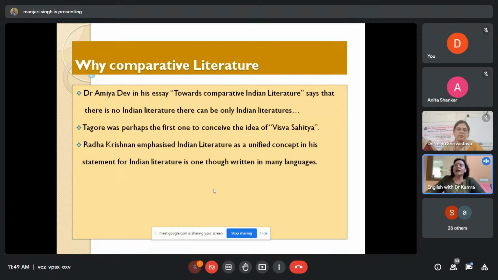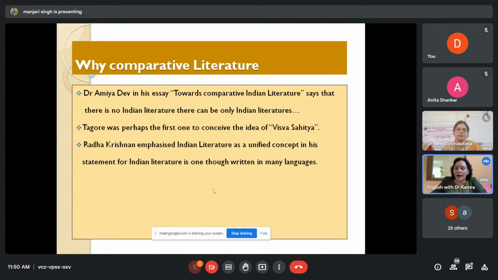So here you'll find that the need for comparative literature is great, because you need to know your neighbors in order to have a happy living. And happy living is only possible when you can understand, when you can put yourself in the shoes of what they are wearing. Only then would you realize what they expect of you. Because commonly, when there's a different relationship, we make demands. We don't make the other person realize what we want.